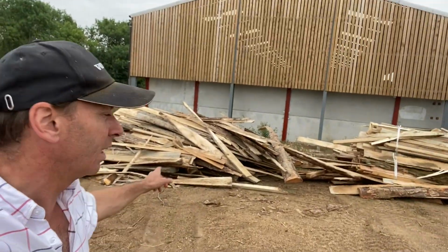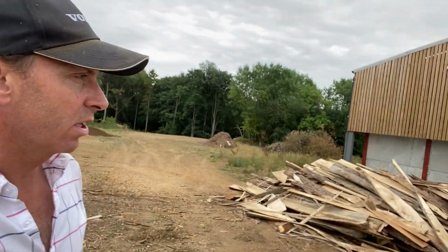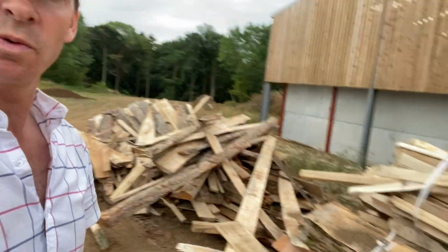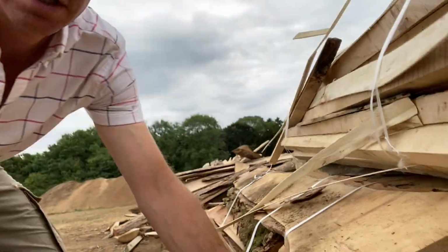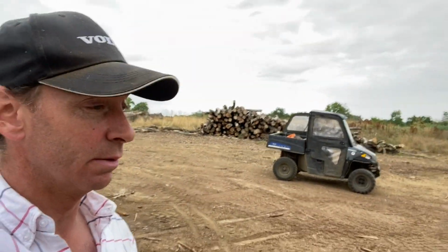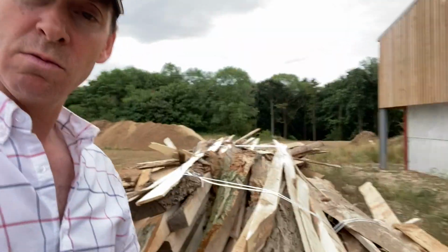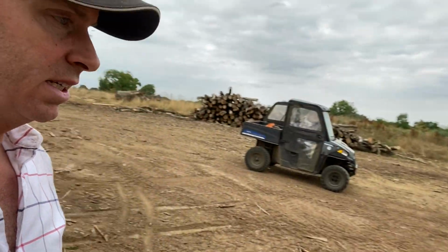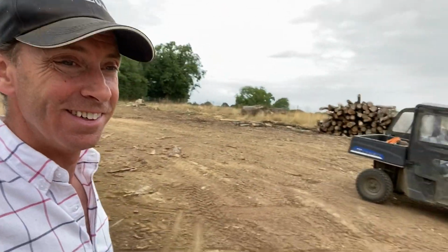Okay guys, we got these piles back here from the sawmill, so they can go through the chipper next time. Most of them are just what they call slabwood, which is when they take the sides off. You can see here, they just cut the round corners off to make them nice and square, so that they can then produce, I don't know, planks or battens or whatever they're doing with it. Sometimes you actually get some really nice pieces of wood. So yeah, this one's here nice and square. There's some actually quite nice little bits and pieces there. If someone wanted to pick through them, there'll actually be some nice stuff in there. You know, nice boards over there I can see, but I think we'll probably just throw it through the chipper